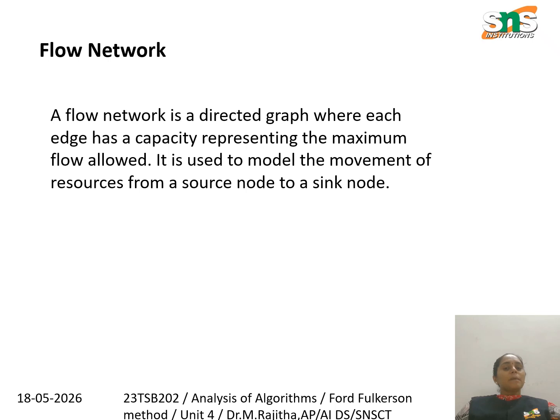Flow network. A flow network is represented using a directed graph. Vertices represent nodes, edges represent paths, and capacities represent maximum allowed flow. There are two special nodes: the source node where flow starts, and the sink node where flow ends. The flow through any edge cannot exceed its capacity. Flow networks are useful in modeling real-world systems such as internet data transfer, road traffic systems, pipeline systems, supply chain